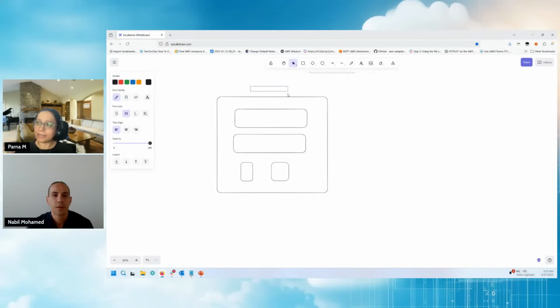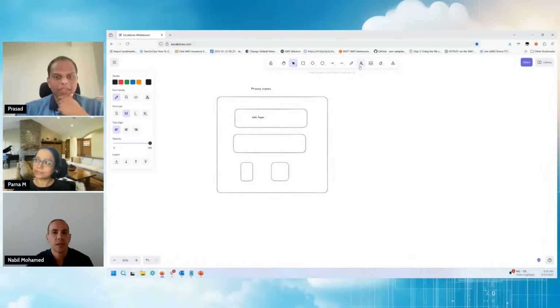And for databases, we are primarily using SQL Server, and we have a few of them where we are using MySQL as well. Okay, so thank you. So just to summarize it, you have a 3-tier application. I'm just trying to summarize that to make sure that I understand. So you have the web layer here, and then you have...